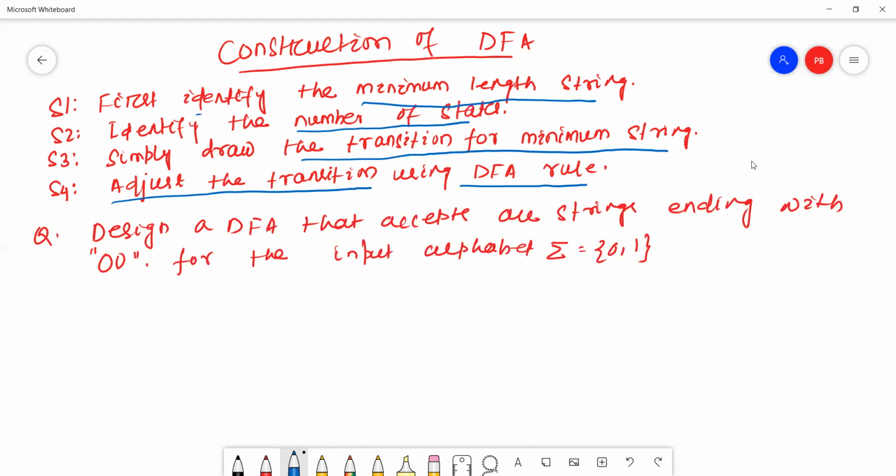Suppose we check 0 1 0. Here, ending with 0 0 means every string must end with 0 0. This string ends with 1 0, it's not 0 0, so it is an invalid string.